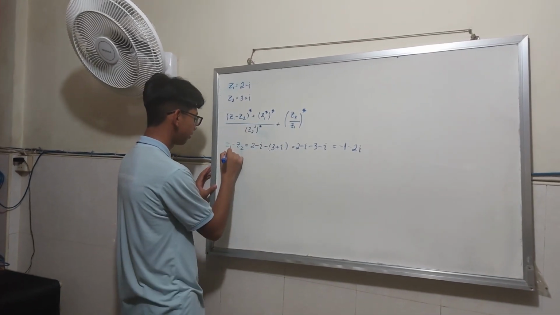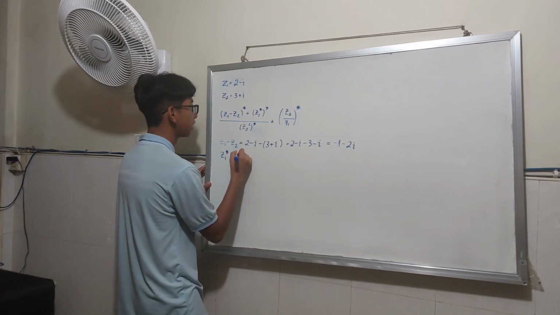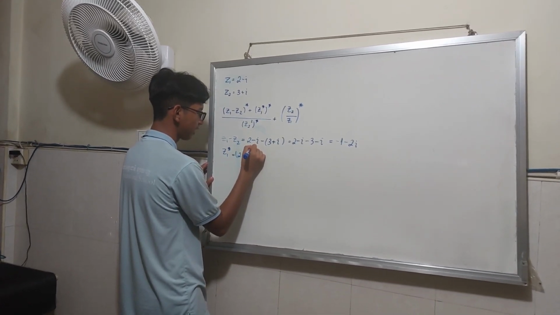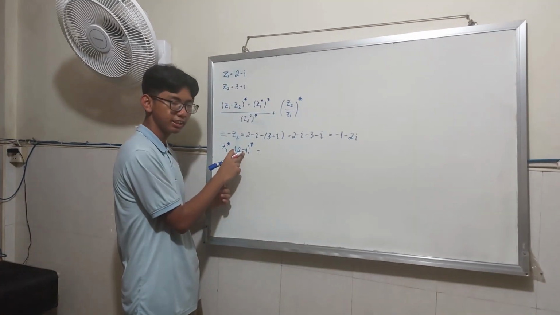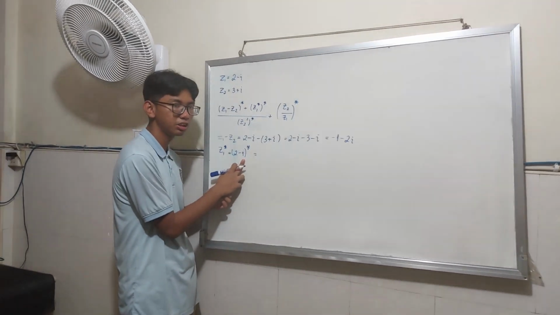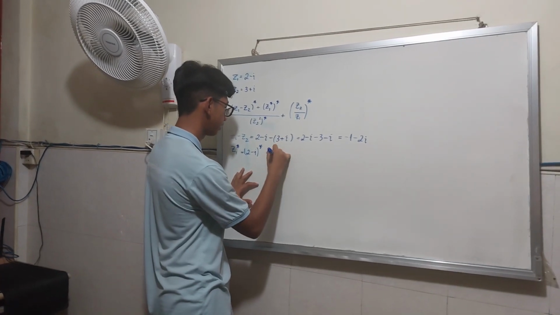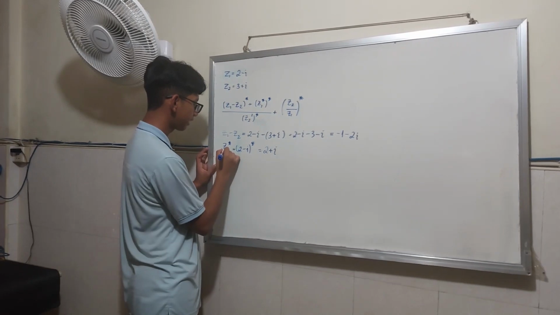Next, we're going to do z1 star, which is the conjugate. What is a conjugate? Conjugate is basically changing the sign in the middle between the real and imaginary terms, changing it to the opposite sign. So you would have 2 plus i. Next, let's do